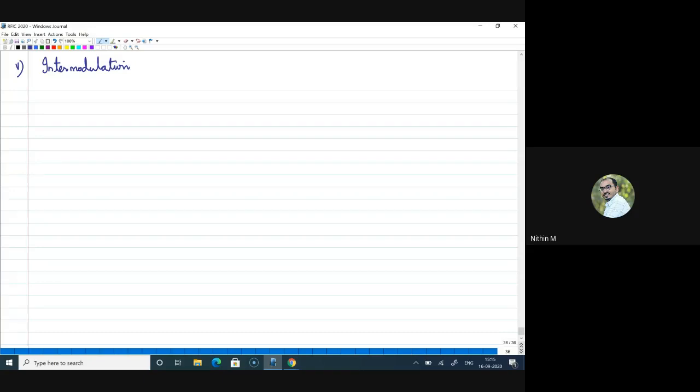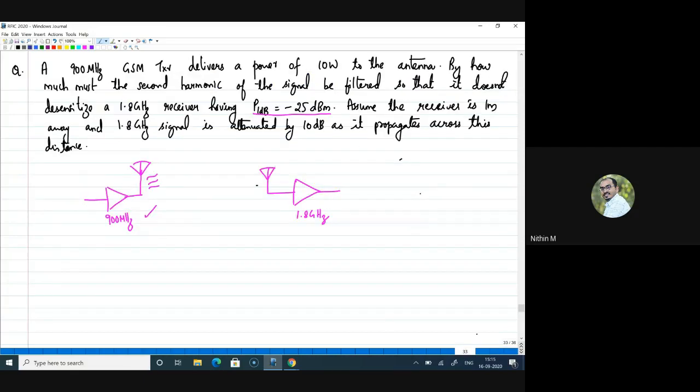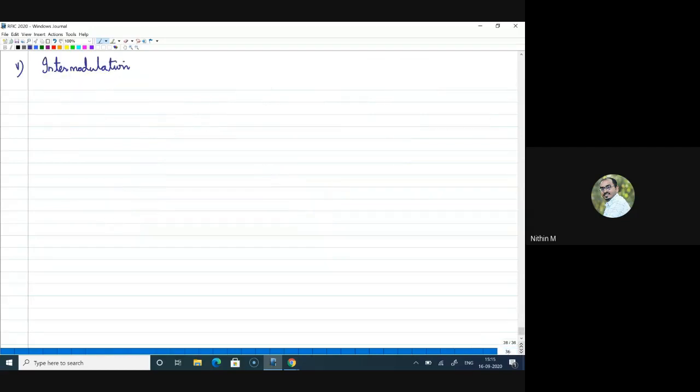So till now, in all the previous cases, I have considered one interferer along with the desired signal. Even before that, we haven't considered multiple interferers appearing at the input of a receiver. But we know that it is true: a receiver will always receive a bunch of signals. It is not that the receiver will receive only the desired signal, right?